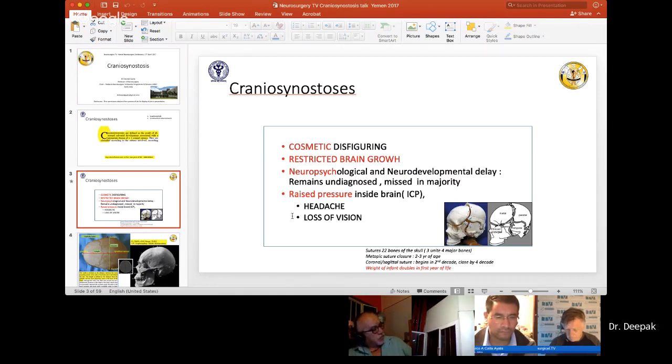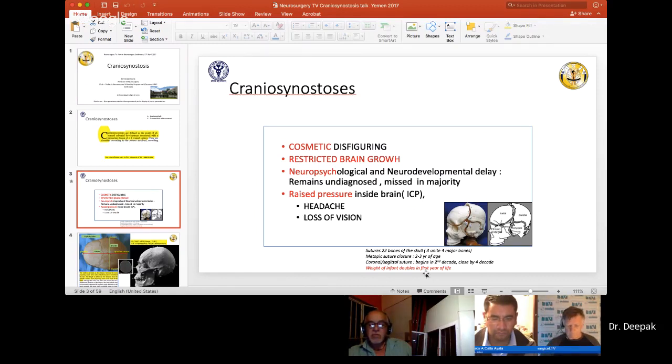However, if you are diligent enough in examination and have trained professionals, you can pick up a lot of neuropsychological abnormalities in these children. Many children with syndromic variants present with headache and loss of vision. In fact, at times in undiagnosed or late presentations in syndromic craniosynostosis, they come to us with loss of vision,